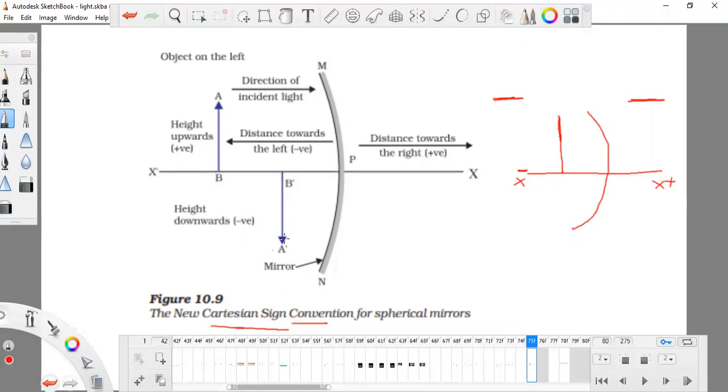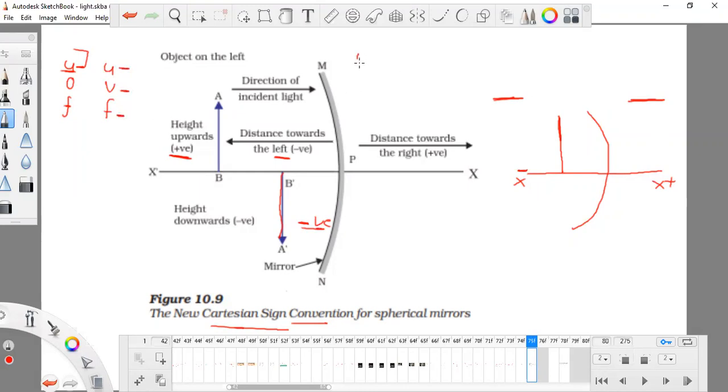This is the sign convention. If the image is forming at this side, it will definitely be considered negative, and if the image is forming at this side, it will be considered positive. At the left side it is considered negative, whatever you have taken, object, image or focal length. And at this side you cannot use object placing. Remember, there is no use of u, v and f here. This is for object, this is for image, and this is for focal length.